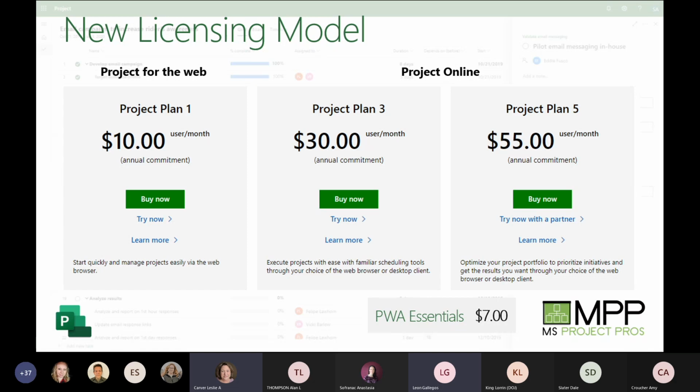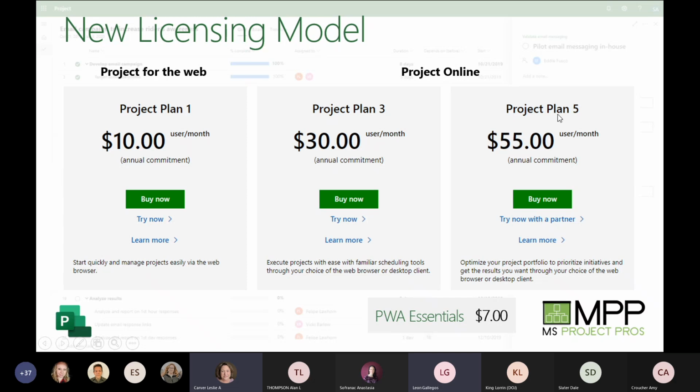So you can get up and running pretty quickly and cost effectively with just the P3, which would only be required for your project managers, right? The ones running Project Pro doing the heavy lifting, and all of the other users would just need Essentials. But you need at least Essentials to connect to PWA or Project Online. Otherwise, it won't let you go in. And you get this P1 as part of your P3. So that's kind of nice, right?